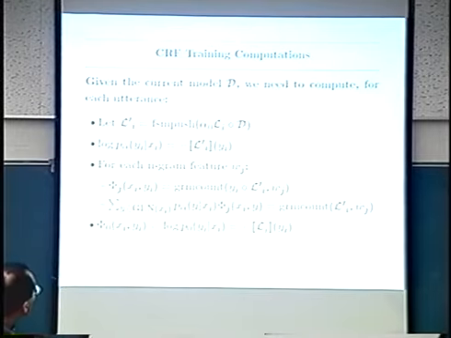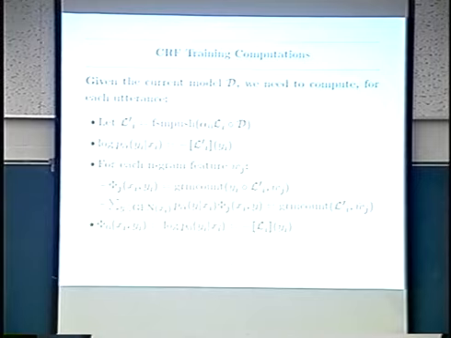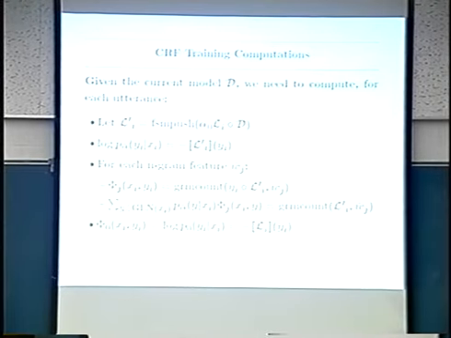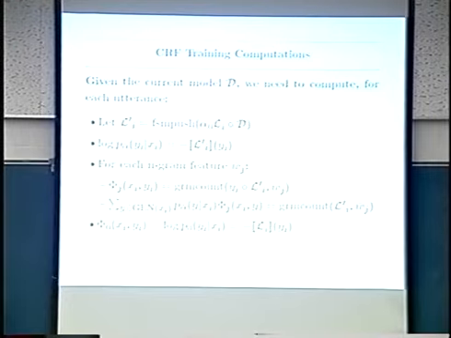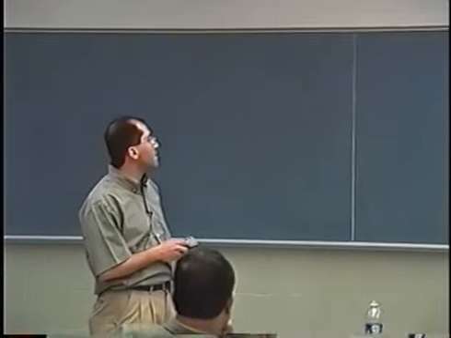So actually, I'm going to explain how this is done using the finite state machine operations. Given the current model D, we need to compute for each utterance essentially a normalized lattice. So we scale the initial lattice with the value alpha 0, the lattice scale, and intersect with the current model. And then FSM push basically forms a probability distribution. It just renormalizes the lattice. And the function value is essentially given by the weight of this particular string that represents the gold standard for this utterance. And for each n-gram feature, we need the